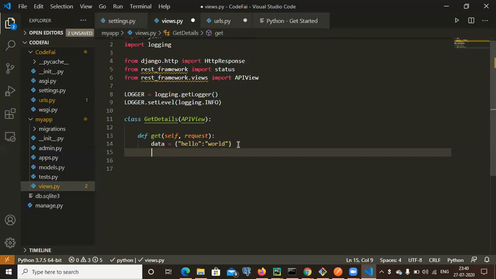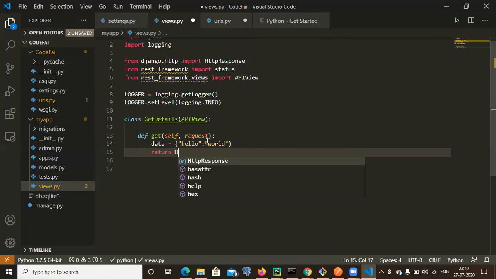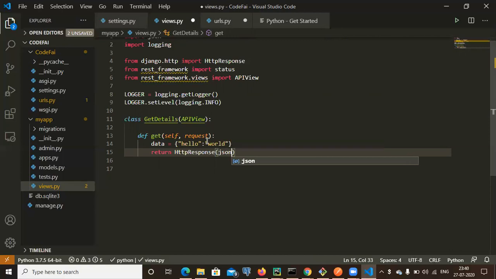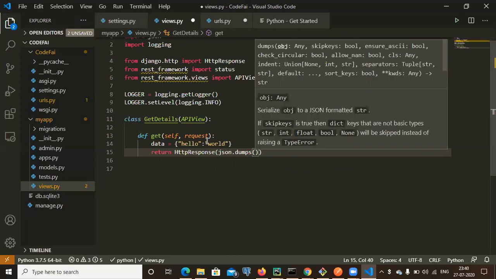So for this one, we need to return something like, return, and we need to use HttpResponse. Now we have to give json.dumps. This will give you a JSON format output in your API.